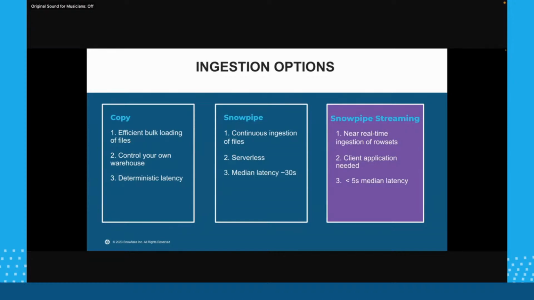But with Snowpipe Streaming coming into the picture, we are getting rid of the concept of a file, and we have brought in the concept of a rowset. We are going to dive in and look at what rowsets look like. But before that, this mechanism of pushing data from your streaming components has a median latency of less than 5 seconds, and this is what is making it so popular amongst our customer base.